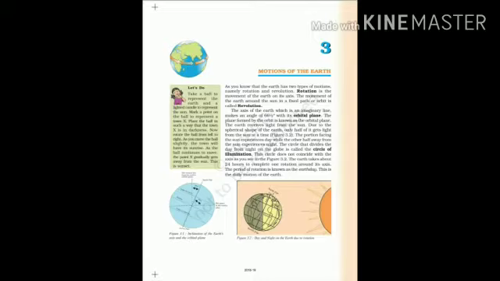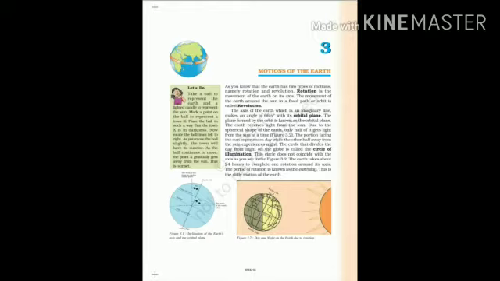The Earth receives light from the Sun, as I have already explained to you in the first chapter. Due to the spherical shape of the Earth, only half of it gets light from the Sun at a time. The portion facing the Sun experiences day, while the other half away from the Sun experiences night. The circle that divides the day from night on the globe is called the circle of illumination. This circle does not coincide with the axis, as you see in figure 3.2.